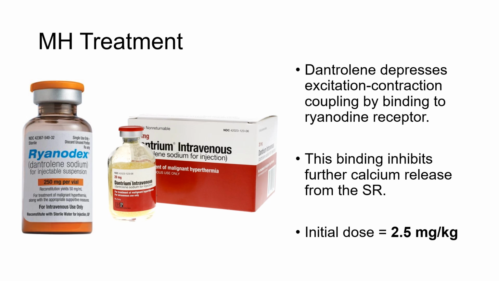per the pharmaceutical instructions. The initial dose given should be 2.5 milligrams per kilogram, but you can keep repeating doses until clinical syndrome subsides. Some case reports have given 10 to 20 milligrams per kilogram of dantrolene in total. The treatment is otherwise supportive: hyperventilation, treatment of acidosis and hyperkalemia, actively cooling the patient with ice cold fluids, coolers, and other methods, and fluid loading to maintain urinary output.